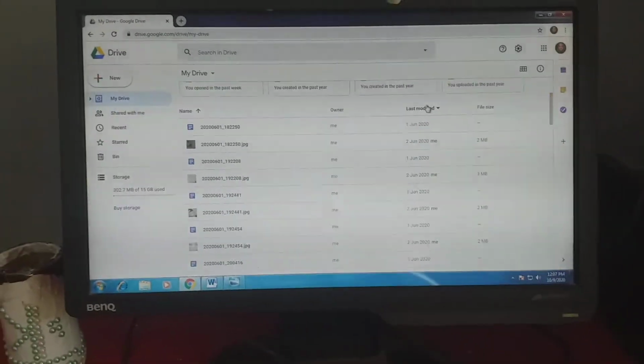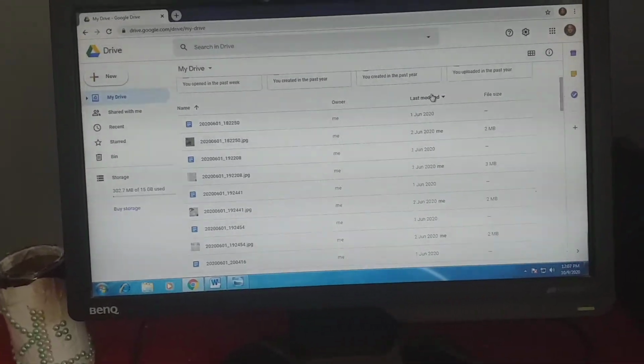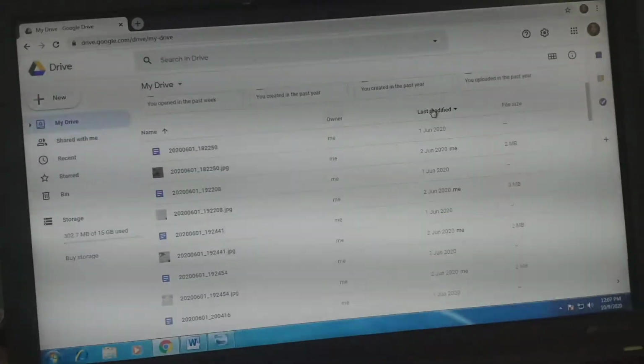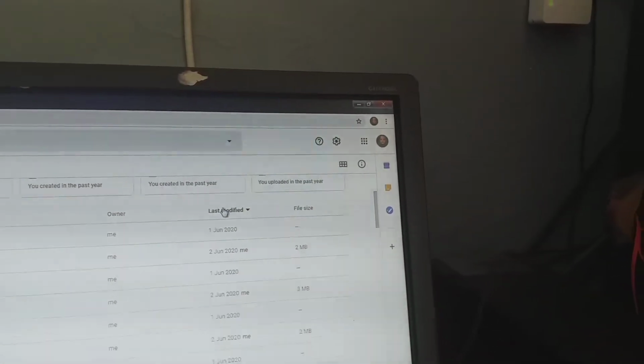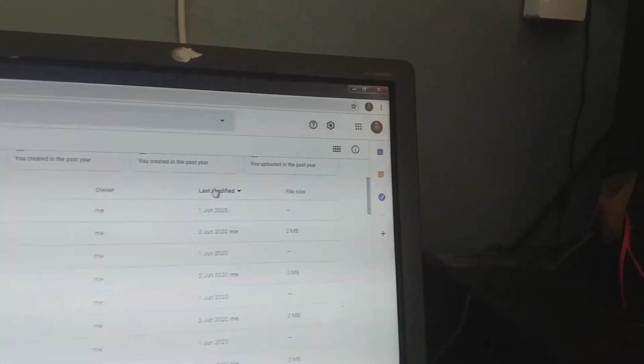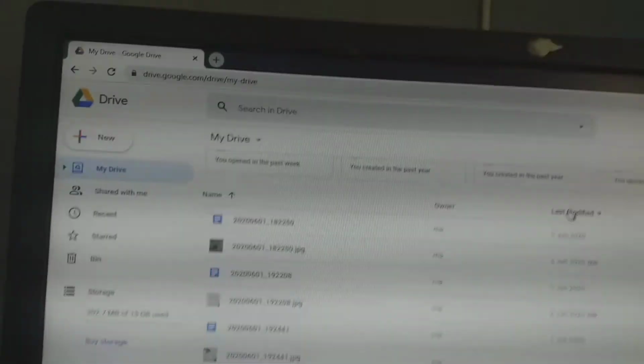Okay, the rest of the other things we already discussed in our meeting. Same thing, if we want to share any file and folders, we can use it.